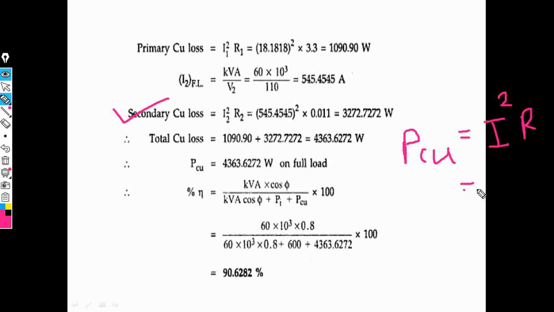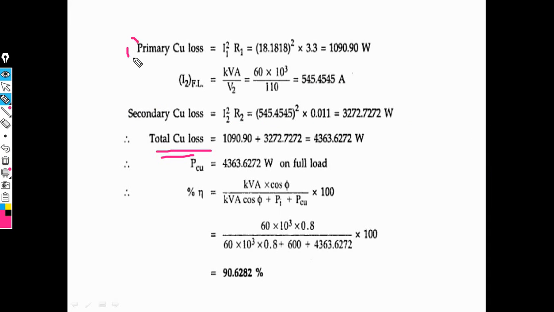Okay, then here I2 square into R. The I2 current is put here. Then the value of R2 is given, that is 0.011. Then we obtain the secondary copper loss, that is 372.70. The secondary copper loss is given, but here we need the total copper loss occurring in the primary winding